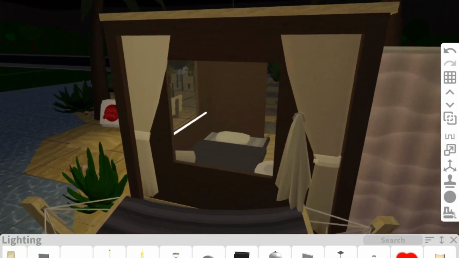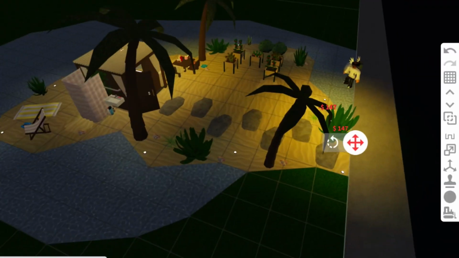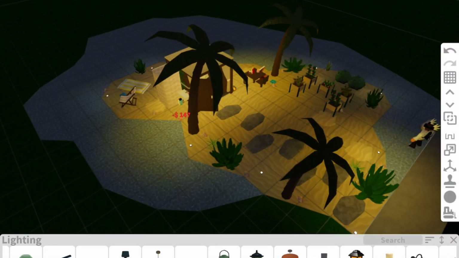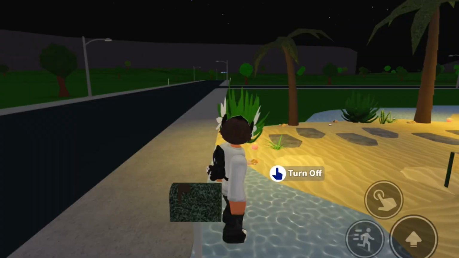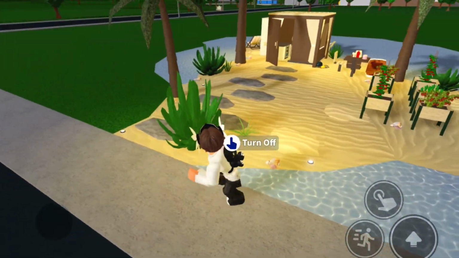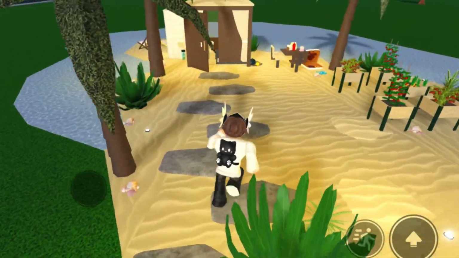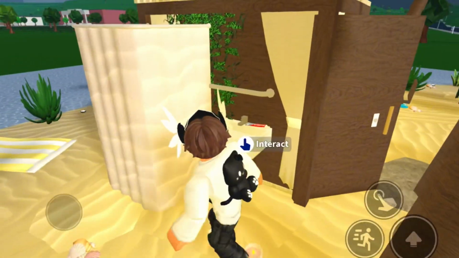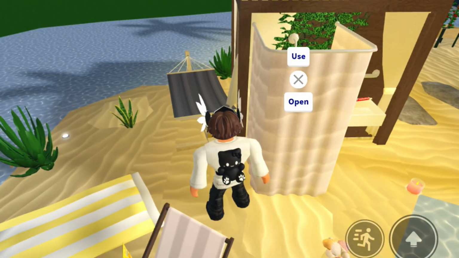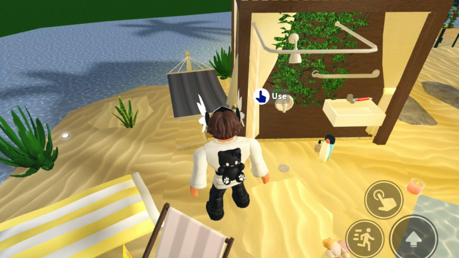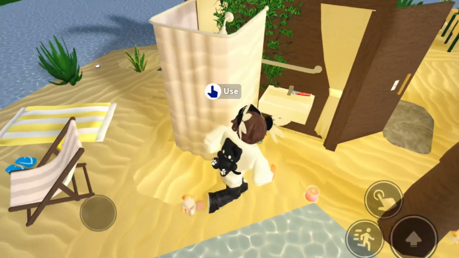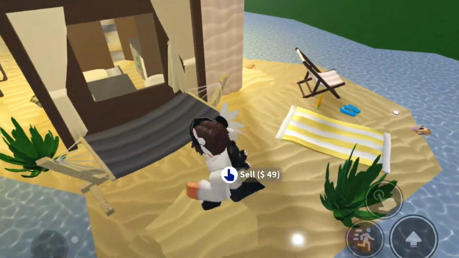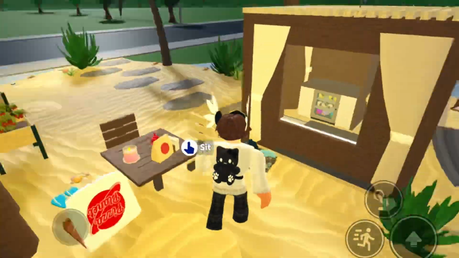It's not that important. And I've added some lights and some candles. And this is the final look. I've added the fake sea because the real one would have been much more expensive. And here's the shower that I mentioned. It's much better since it closes it up and no one sees you. And yeah, this is how it turned out,